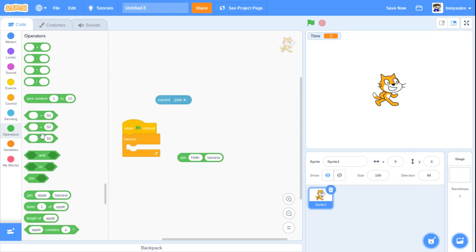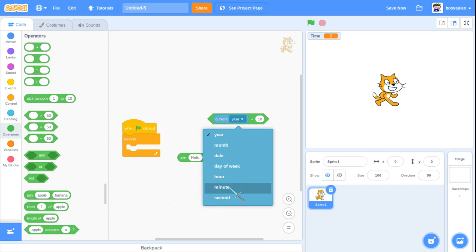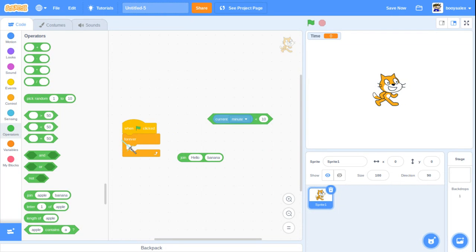How to set this up is you're going to want to have this block. So you can have two different outcomes. Place this as 10. Say current minute. You can also stack these to make this. Cool to me. Okay, so